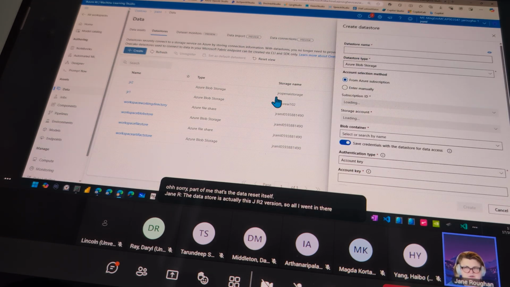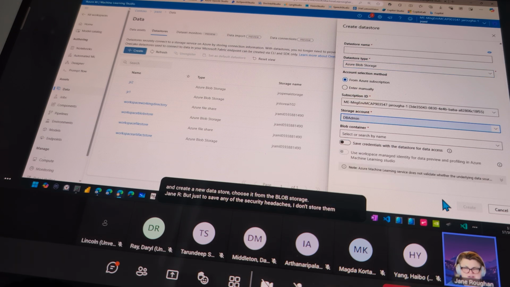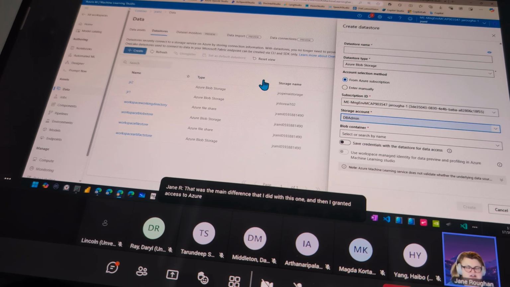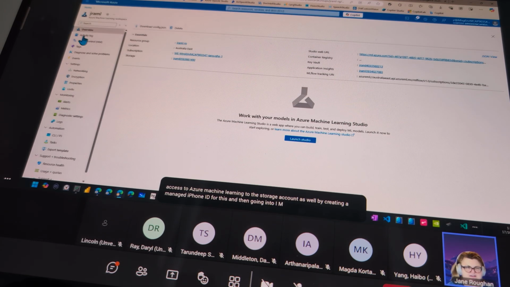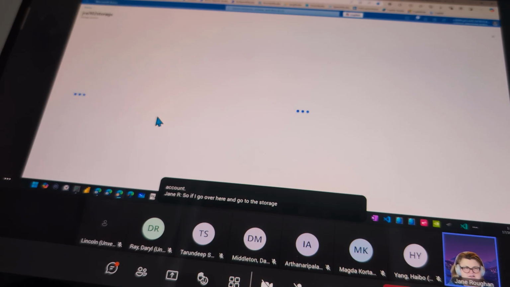So all I did in there was go and create a new data store, choose it from the blob storage, but just to save any of the security headaches, I don't store the credentials. That was the main difference that I did with this one. And then I granted access to Azure Machine Learning to the storage account as well by creating a managed ID for this, and then going into IAM, for example, on the storage account. So if I go over here and go to the storage account, oops,